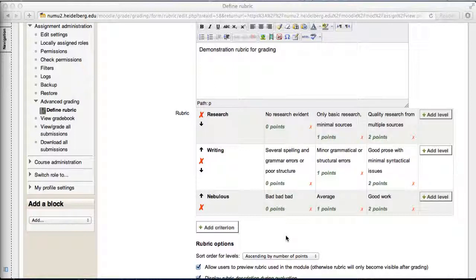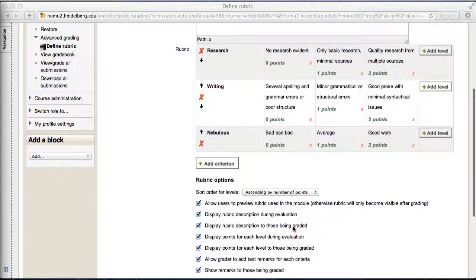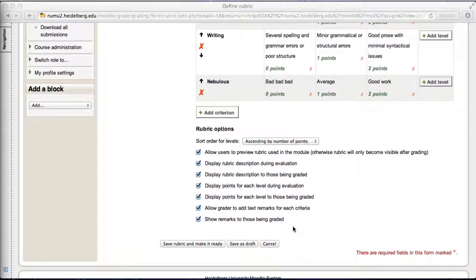Now, when you grade an assignment using a rubric, the rubric grade will be normalized and scaled to meet the number of points possible on the assignment. You specified that on the Create Assignment page. So I strongly recommend that you leave a level with 0 points assigned in each criterion to make the math work. Now, once you define your criteria, if you scroll down, you'll see some additional options for your rubric, including